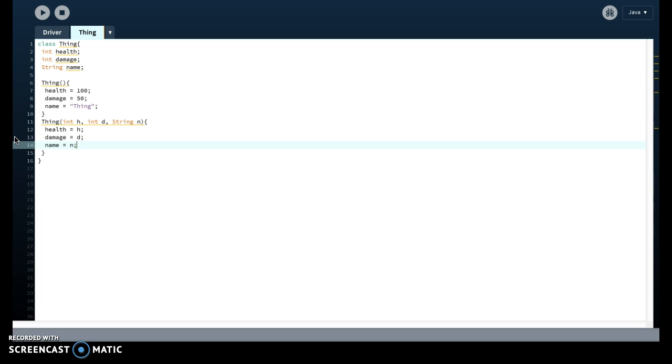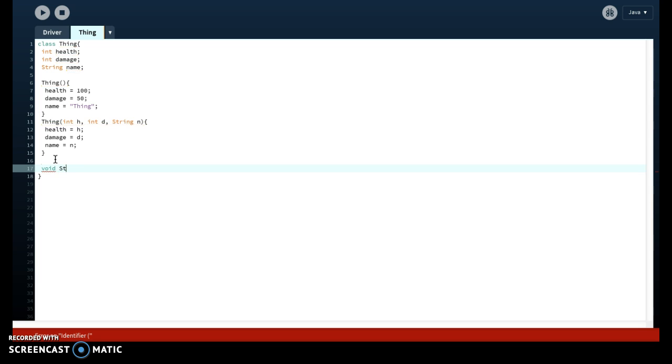Alright, so I'm pretty sure the next thing is called the custom constructor. For this, we will create a new function, and I'm just going to call it void stats because it's going to display the stats of our thing. And here we're just going to type void stats,